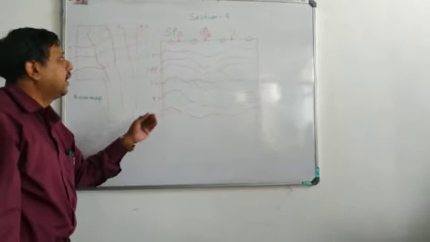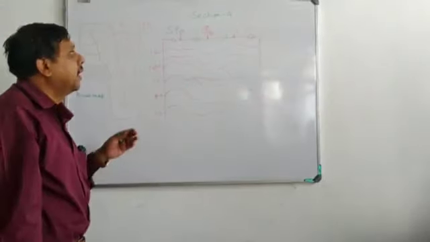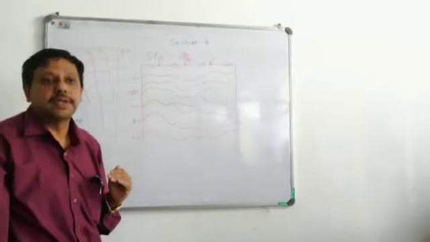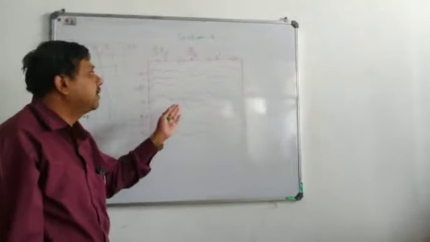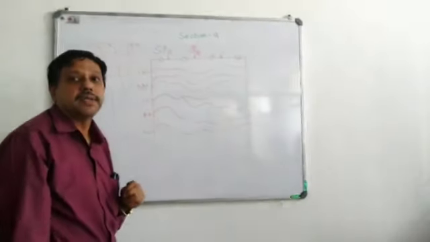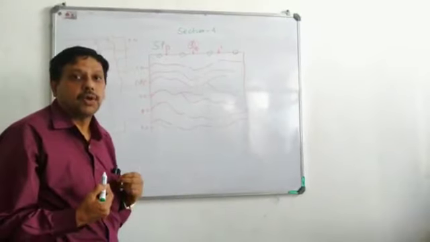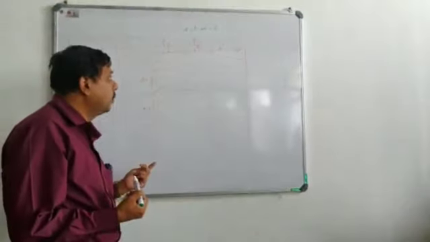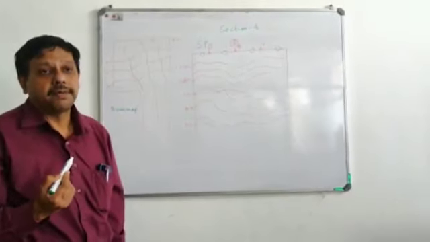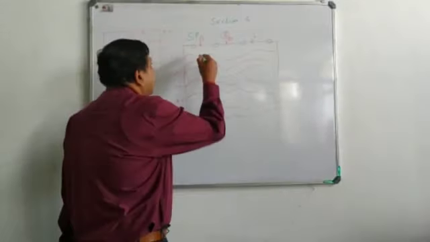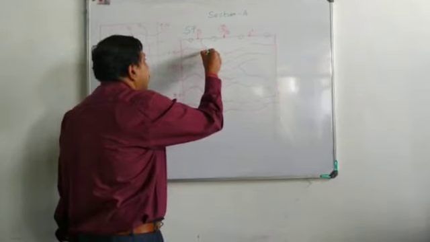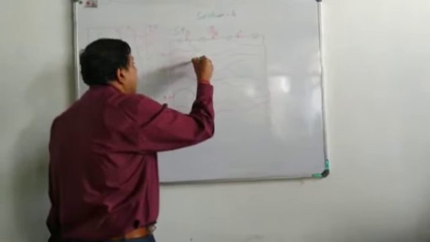When we are seeing line number 1 and line number 4, I have tried to show you the major acoustic impedance boundary, and we are concentrating more on the peaks. The red acoustic impedance boundaries are the peaks which I will choose for my interpretation. As I told you in my previous class, you can choose either the peak, the trough or the zero crossing. If I post a wiggle trace on this, the wiggle trace will look something like this.